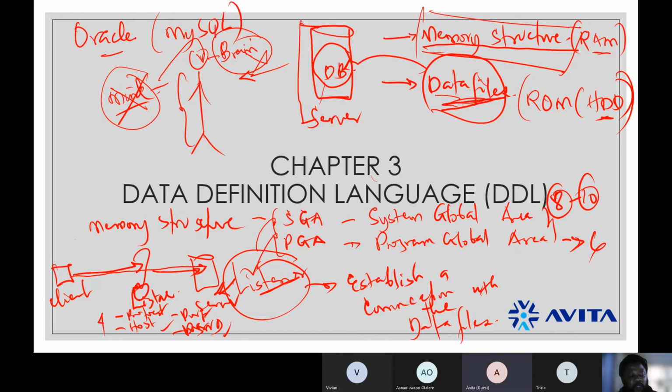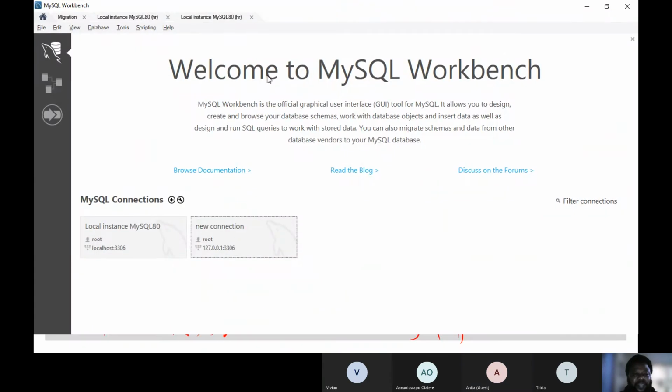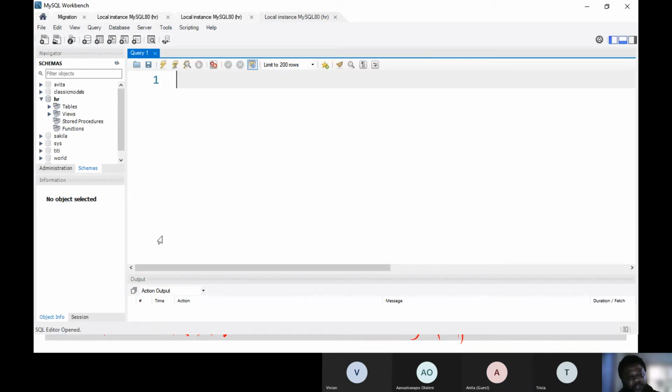I said that when you want to connect to the database, we use this client environment, this Workbench. Can you see my screen? Yes, I can. And I said that once I click on connect, you can do that from these buttons, or you come to Database and you click on Connect, or you use Control U to connect. Once you do any of these, it logs you in, it allows you to enter into the database. This is the database, right? You see that the interface is different now, right? This is what you have.